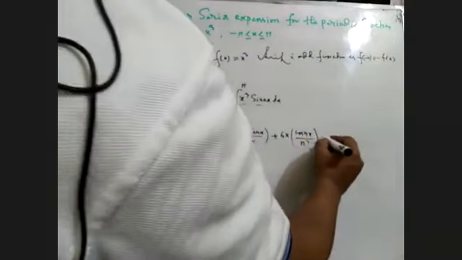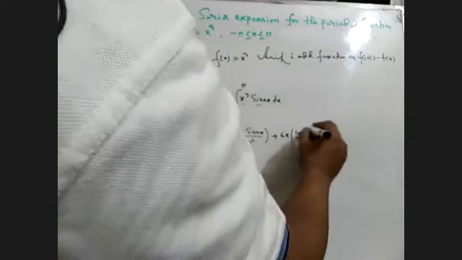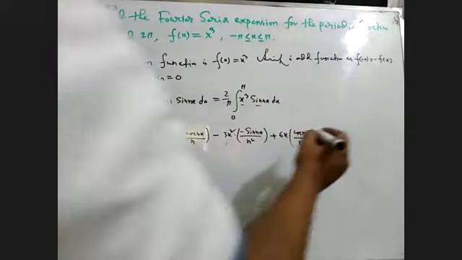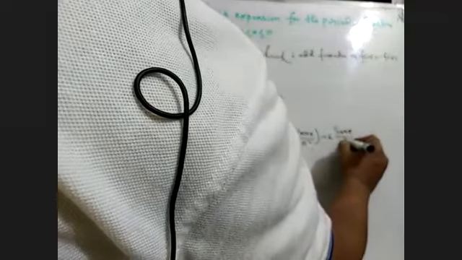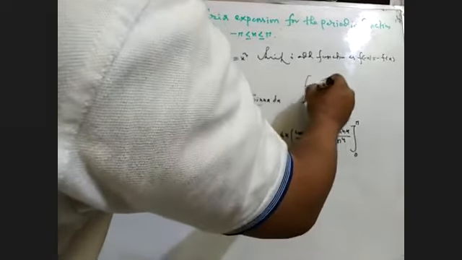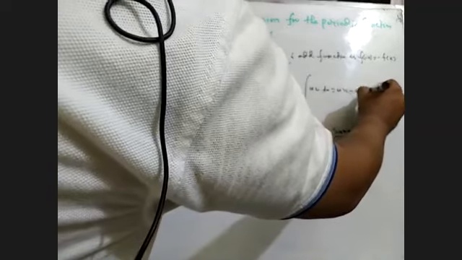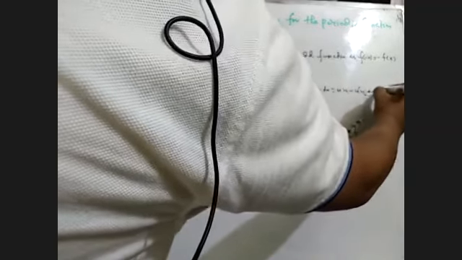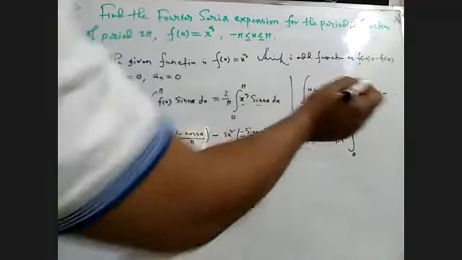Now again differentiation of 6x, what will be? Only 6. So integration of this, what will be? Cos, sine, again dividing by coefficient of x. Lower limit will be 0, upper limit will be pi. Now we have used the formula: u into integration of v, minus u differentiation into integration of v1, plus u differentiation into again integration of v2, in this way. This is the main integration formula for us.